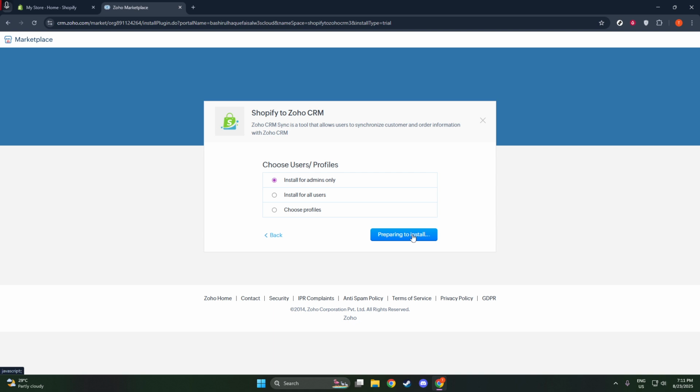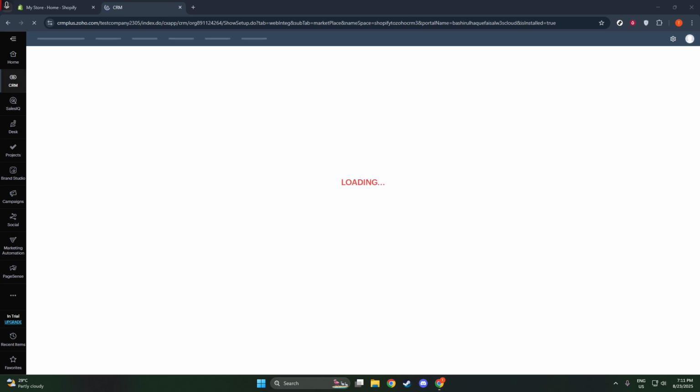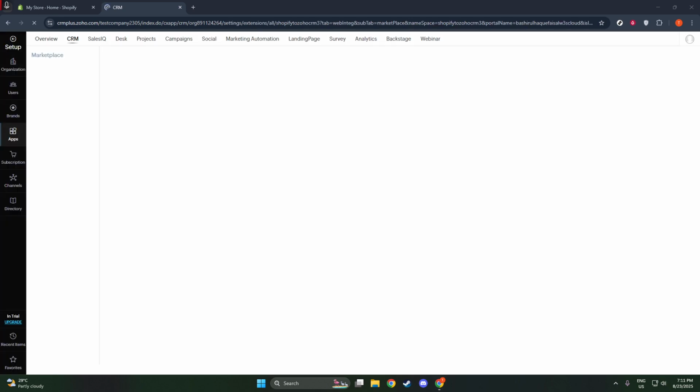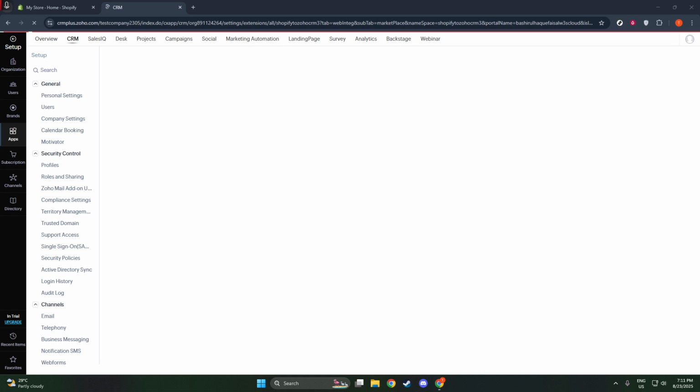The next decision is about user access. You'll need to select whether this integration should be available solely for admin users, for all users, or for specific profiles within your organization. If you're not sure which option to choose, consider who will most benefit from the integration